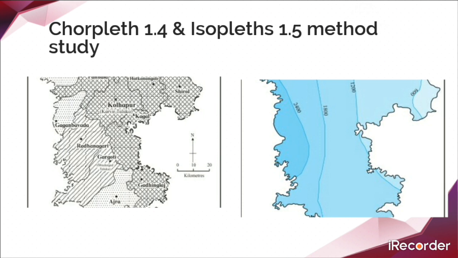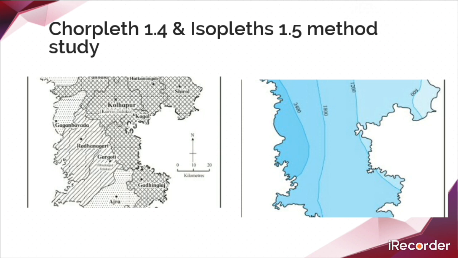Next one, figure 1.5, rainfall. In which direction is the rainfall more in the district? This is the isopleth map and the previous one is the choropleth one. So keep in mind the type. Continue. In which direction is the rainfall more in the district? The rainfall is more in the west side direction in the district. In which direction is the rainfall decreasing? It is decreasing in the east side.